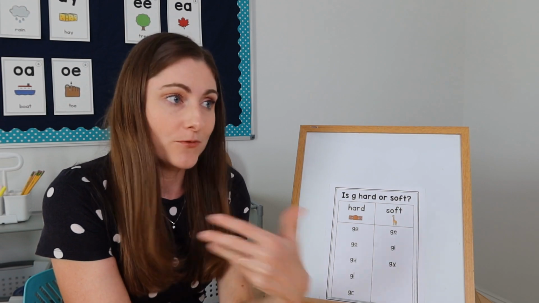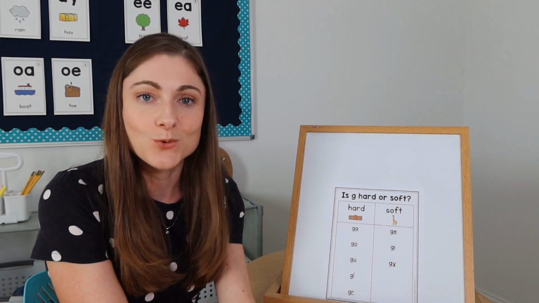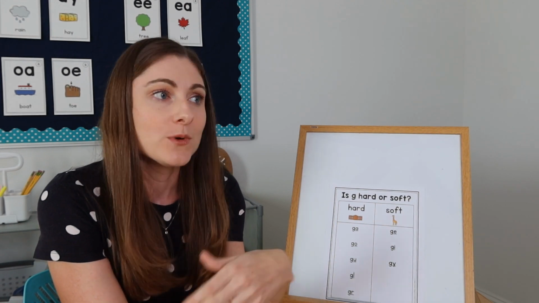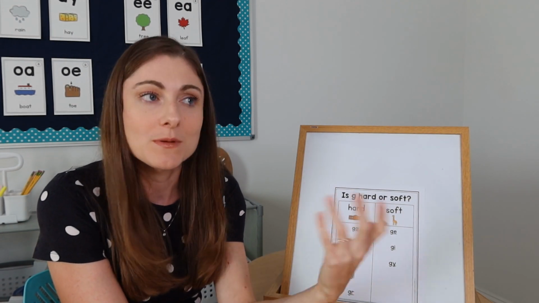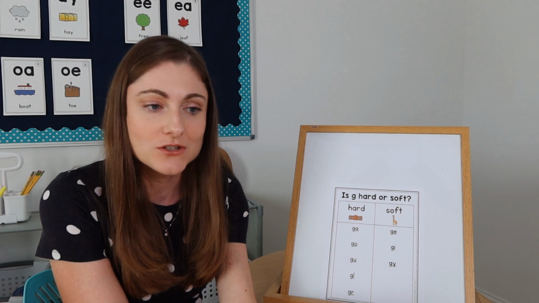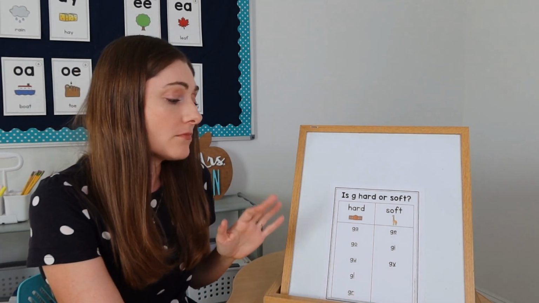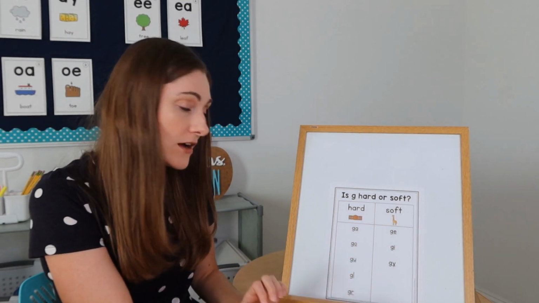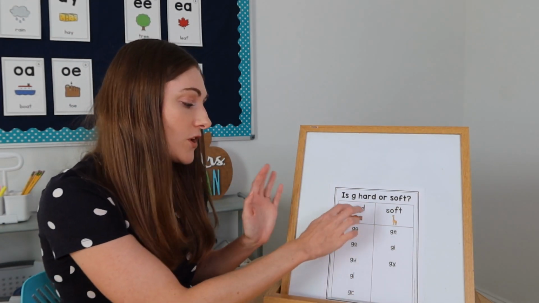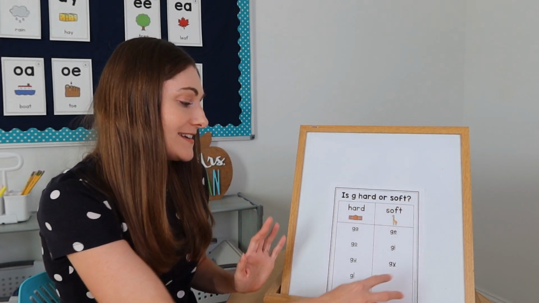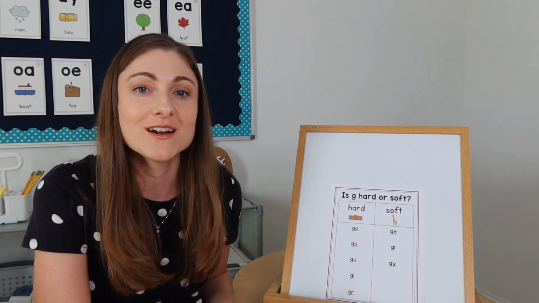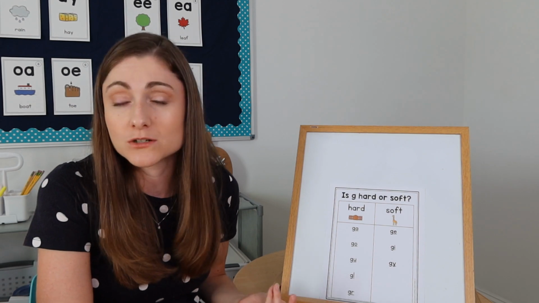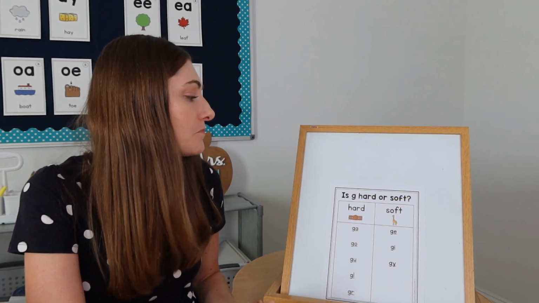When I was a student in school, I actually didn't know this rule. So I am curious, when you were in school, or maybe when you were in college getting your teaching degree, if you have one, were you taught this rule as well, to look at the letter right after the letter G? Were you taught A, O, U, L, R, E, I, Y? Were you taught that pattern? Let me know in the comments. If you were taught that, just say yes. And if you weren't taught that rule, just say no.